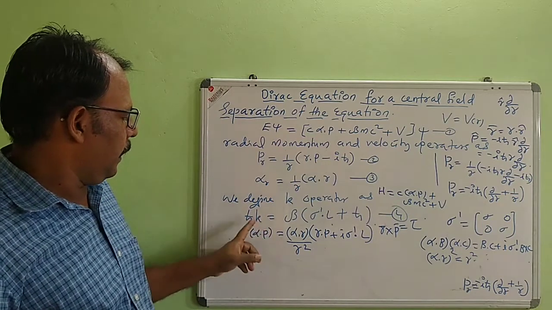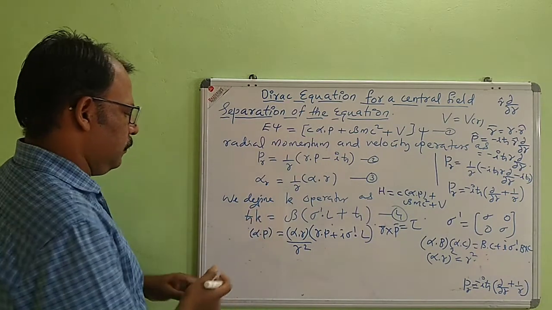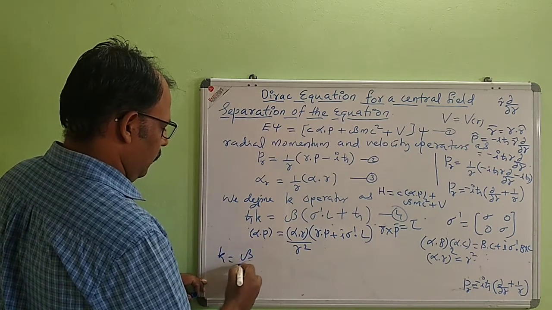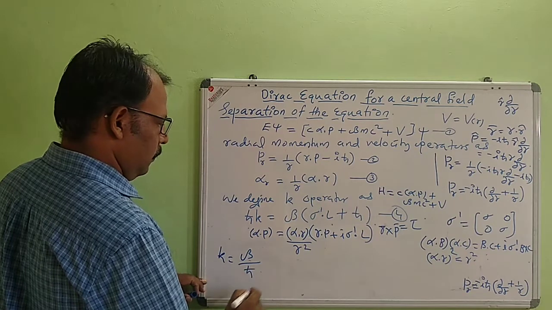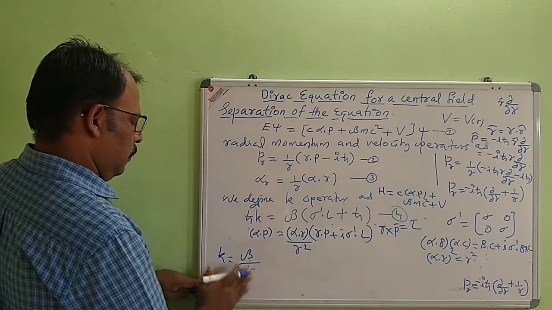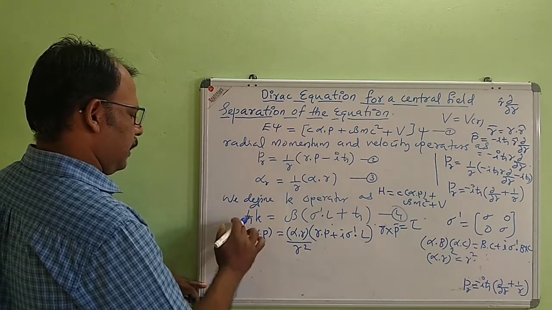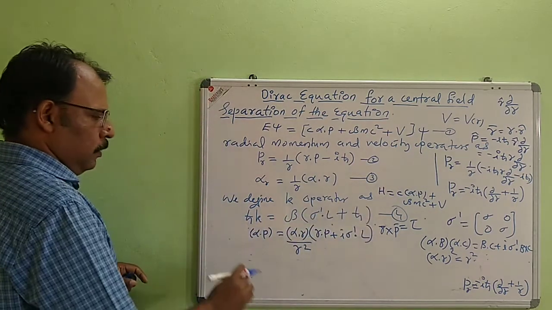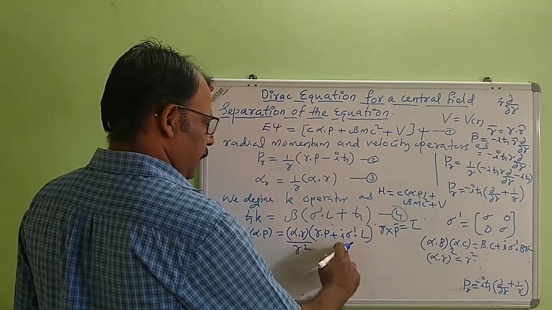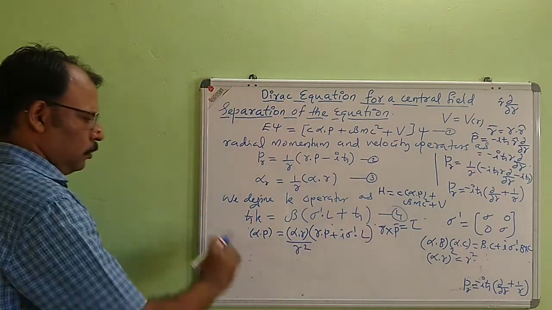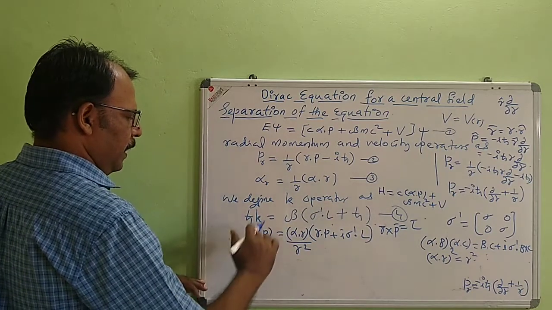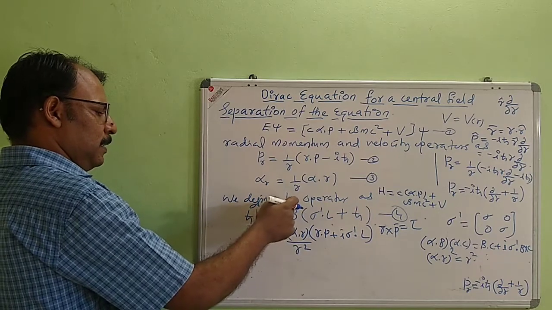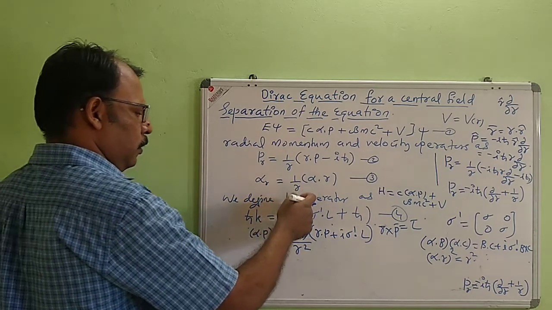Now take the operator K. The operator K is defined as h bar K equal to beta into sigma prime dot L plus h bar. Here we need I sigma prime dot L, so throughout the equation I am multiplying by I. Also, beta is there, so when I multiply this with beta, this term will be beta squared, and beta squared equals 1.